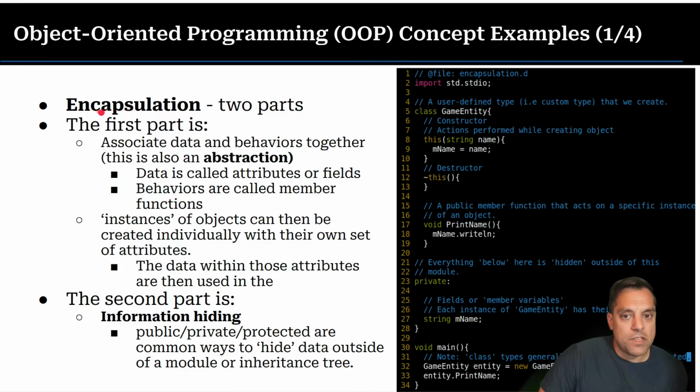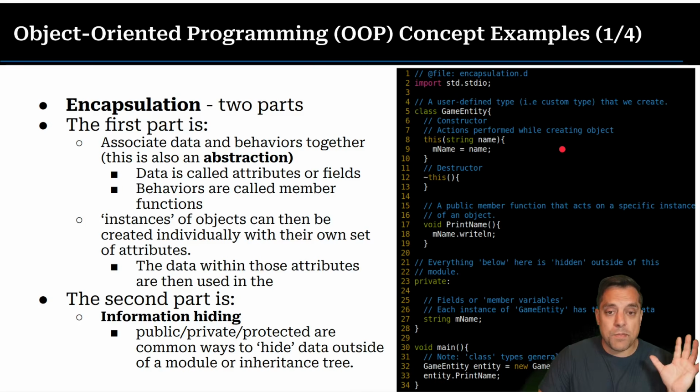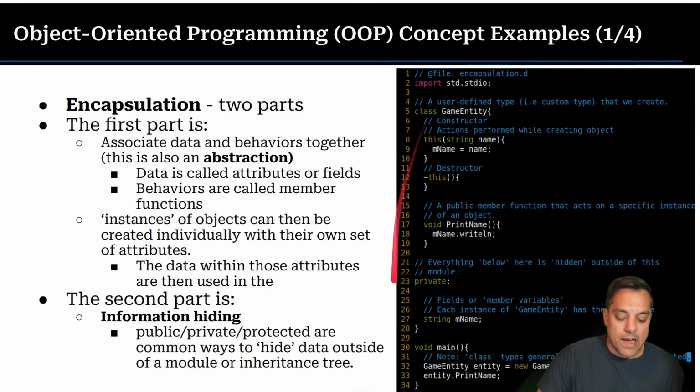One thing to get a little bit used to in the encapsulation layer is that everything is public by default. I like this. Some people don't. It is just a thing that you have to get used to, but everything is available within the file that you have. So if I create this game entity class here, if I make something private, I can still access m.name in a function later.